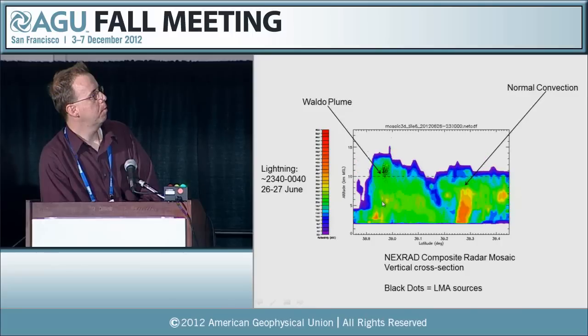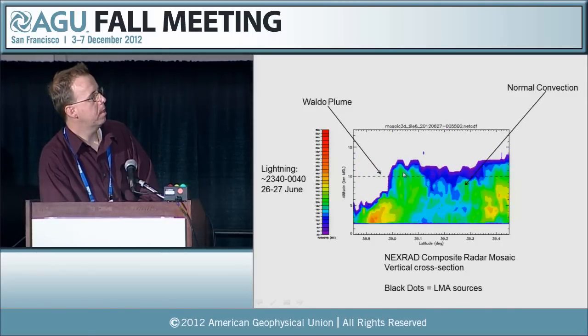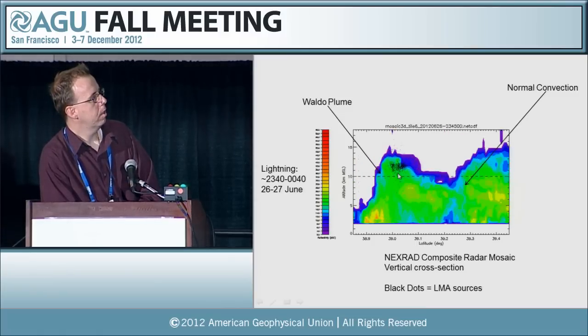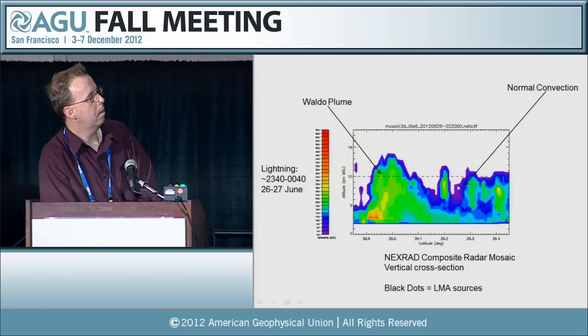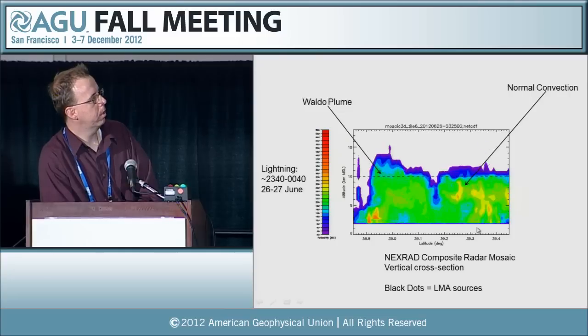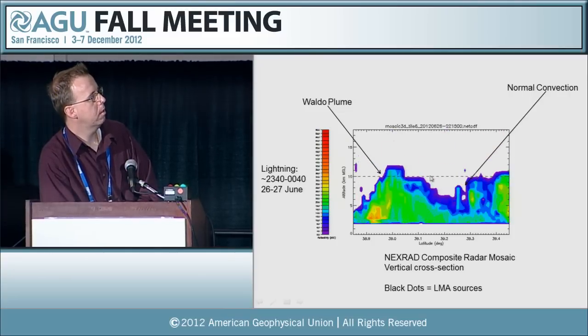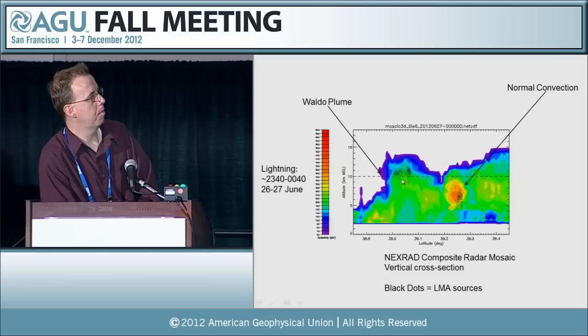The vertical development here, again, gets above 10 kilometers, well above it, but modest reflectivities, 10s, 20s, and that's where the lightning occurs. And this is that stuff to the north, a very typical looking thunderstorm, develops, falls out, nothing special, but there is a little bit of a hint of that flash that goes back into the plume itself.